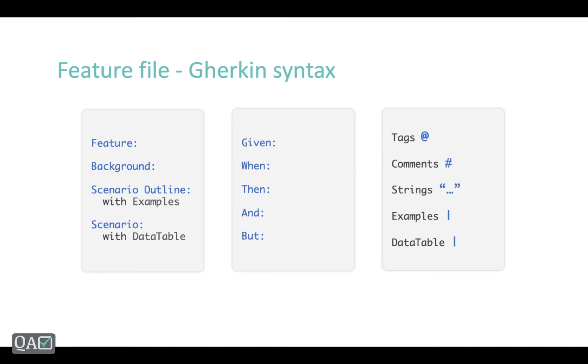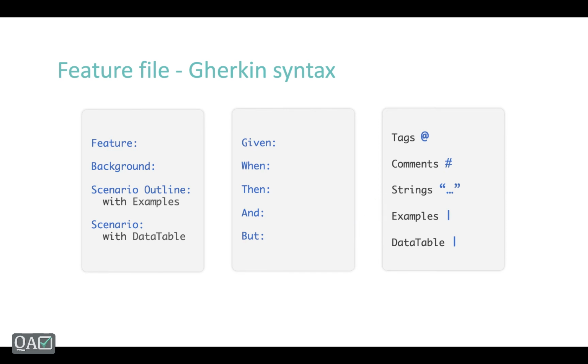Then another thing, you can have comments, because for more understanding of what the scenario is all about, if you want to give more information in the feature file but you don't want to execute it, you can have that in the comments by having a hash sign. Okay, now the second thing is strings. Even each of your steps supports some kind of string format. We'll see how we can utilize regular expressions to get these strings into the step definition. Okay, that is one of the features Cucumber supports.